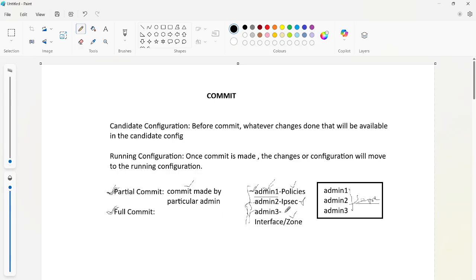In the same way, when admin 2 completes their changes, they do a partial commit, and only their changes are pushed to the running config. Admin 3 does the same. This is one thing you have to note down whenever you are making changes.